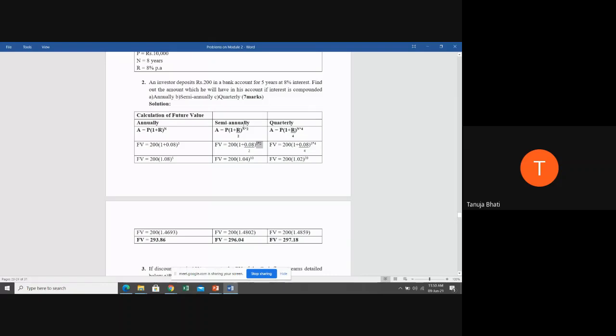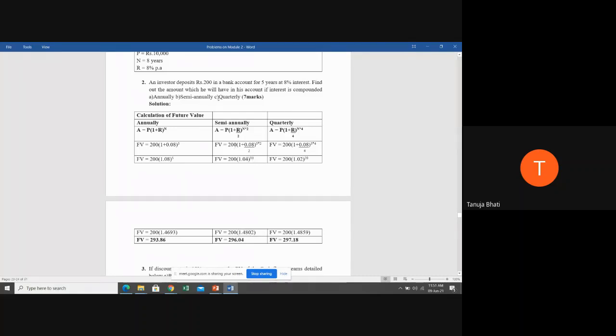When the interest is compounded semi-annually, it means twice a year the interest is being calculated. Therefore you have to divide r by 2 and multiply n by 2. Once you do that, you get 200 in the bracket 1.04 raised to 10. Now again use table number 1, that is 4% for 10 years, and you will get 1.4802. So the final answer is 296.04. Now students, if you don't want to waste your time checking the table, you can simply use your scientific calculator and get the answer for this particular factor.